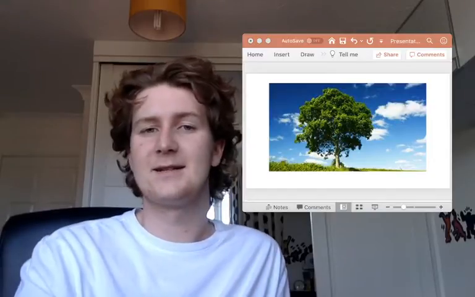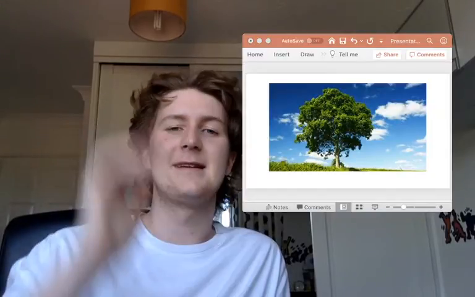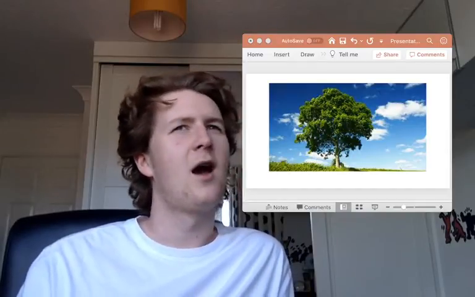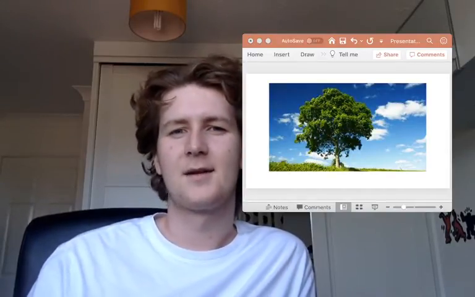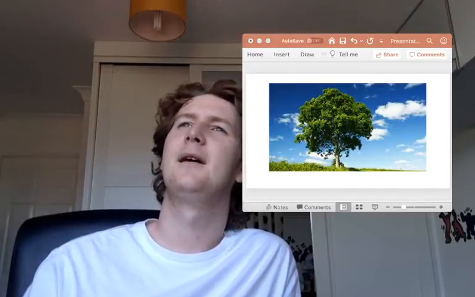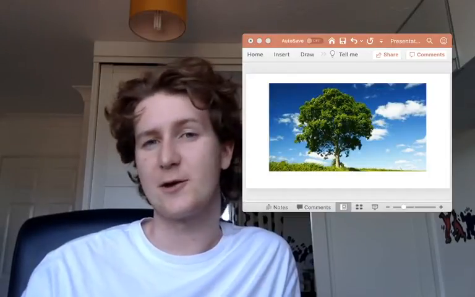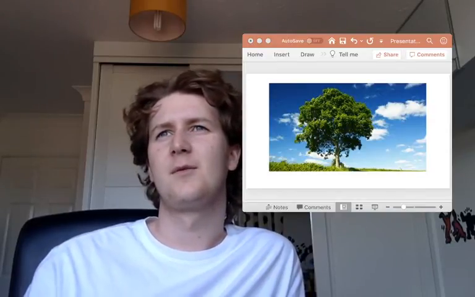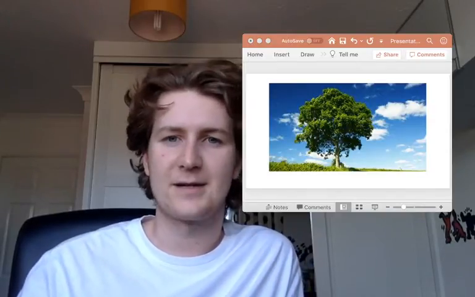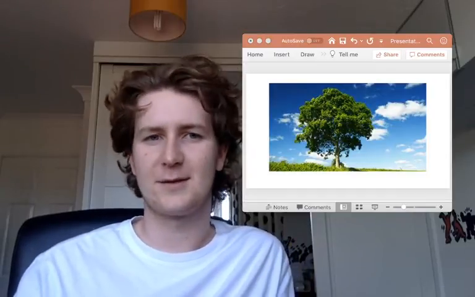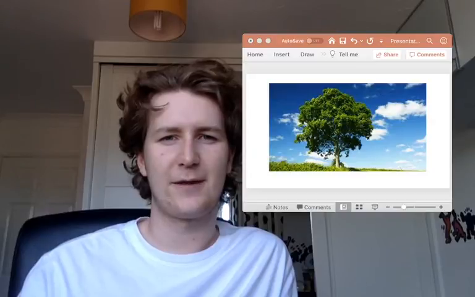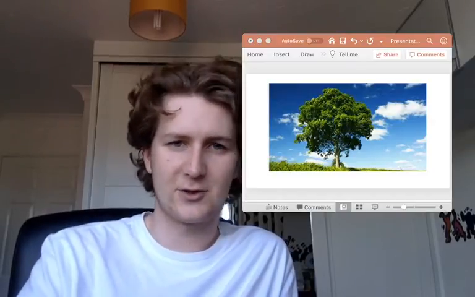If you can think of any different types of trees, any types of trees, the ones that pop into my mind, you might get an oak tree, and in the autumn you get acorns from those. You might get a sycamore tree. Anyway, going off on a tangent, but there's all sorts of different types of trees. I'm not necessarily sure what that particular example is, but that is just a tree.